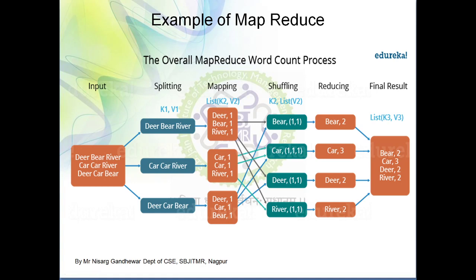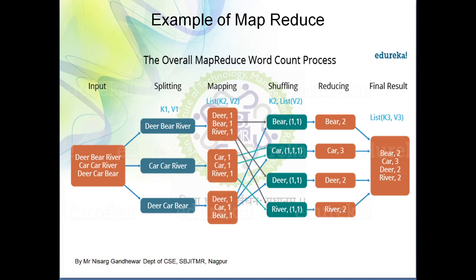In this case we have provided one text file as input, and my intention is to count the occurrences of each word. How many times a particular word is repeated, that is what I want to count. That is my aim, and I have done it with the help of the map reduce function. This is my input, this is my final output, and this is the processing we have done with map and reduce. What map has done is divide your input data into key value pairs, whereas reduce will apply the reduction, the combination, the aggregation, and finally you get the output. I hope you understand the concept of map reduce.